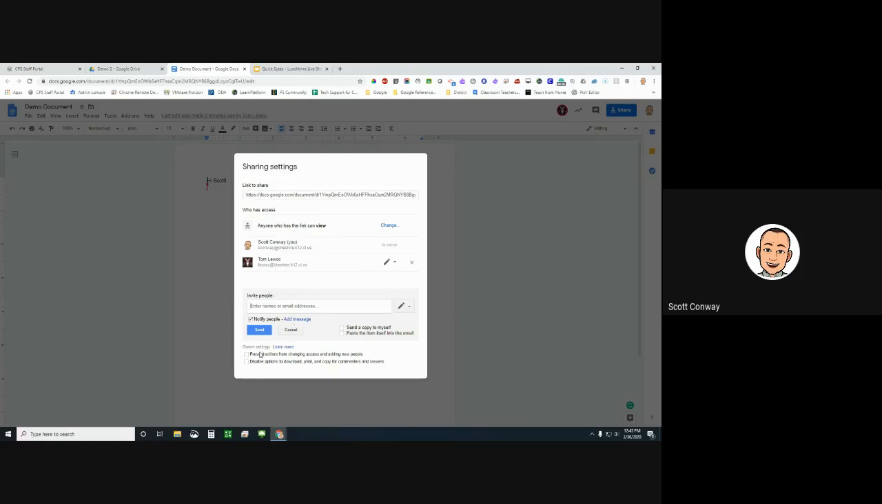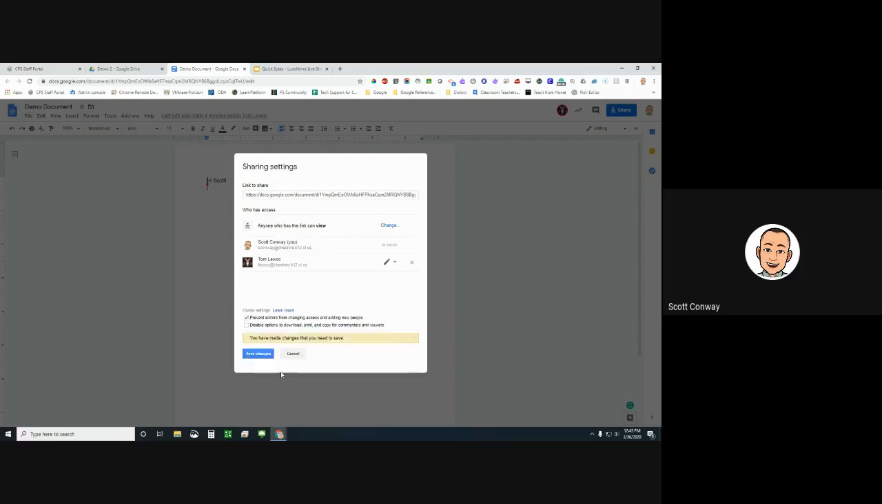Below that, you can see there are some additional settings here for preventing editors from changing access and adding new people. Let's say I trust Tom, but I don't really want him to give access to someone else or add new people. I really want this just to be between Tom and I. I would check that box. He is an editor, so right now he would not be able to give access to someone else,